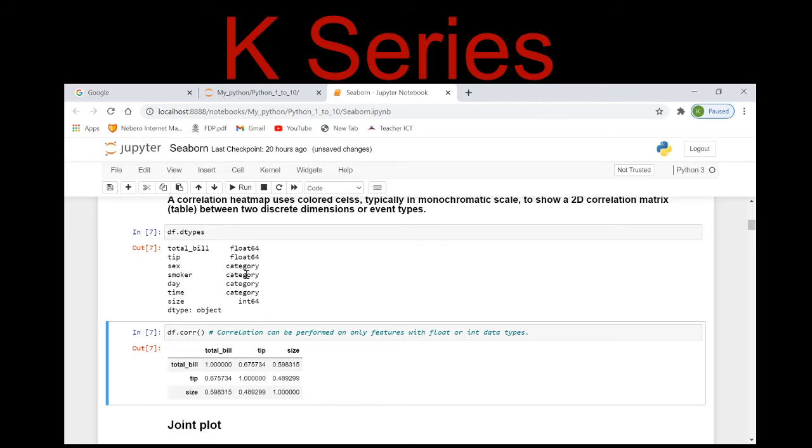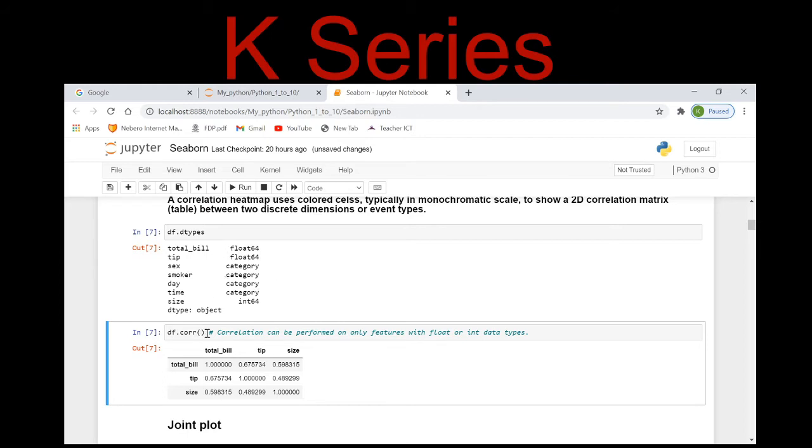Right? Now why is there a necessity to check the data types? See here, whenever we want to apply the statistical tools, especially in Seaborn, we must check the data types, because like the correlation method is there. The correlation method can be applied on only the float or the int data types, not on the categorical data types.